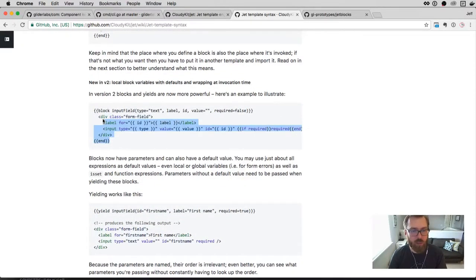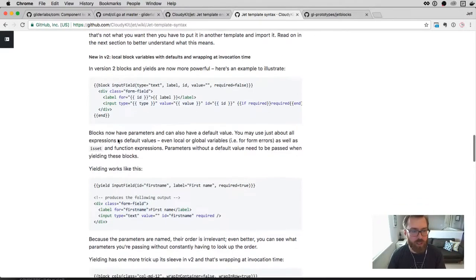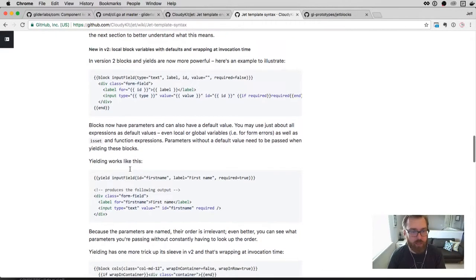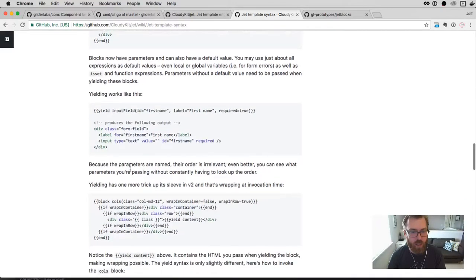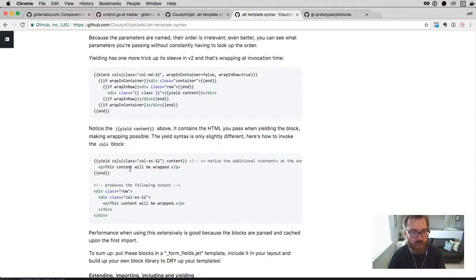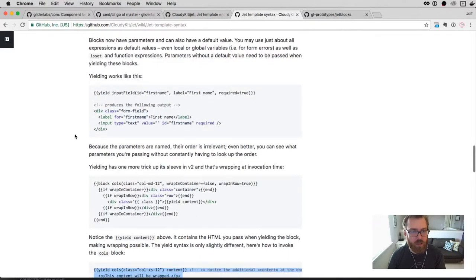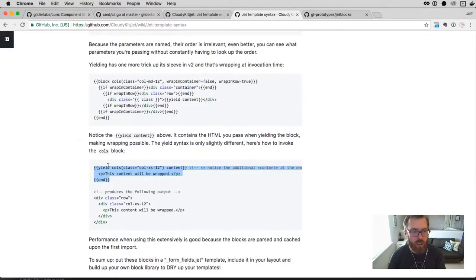And this is kind of a more traditional, like, okay, here's some arguments. So you've basically made a block called input field that has this kind of snippet of HTML, templated HTML. And then where's a good example of the... Ah, here it is. So in this case, it's interesting because normally when you define it, you can also be calling it, but so in this case, we're calling this columns